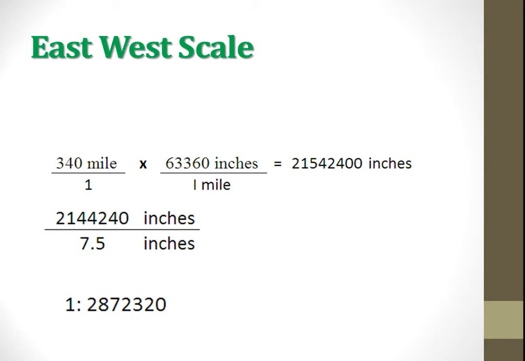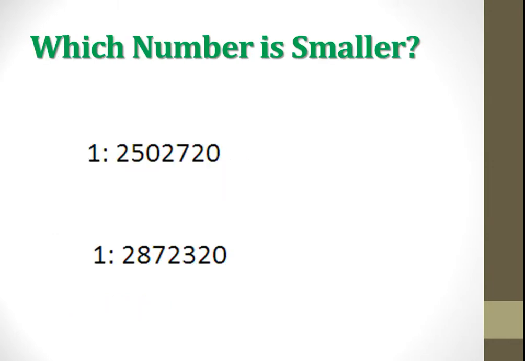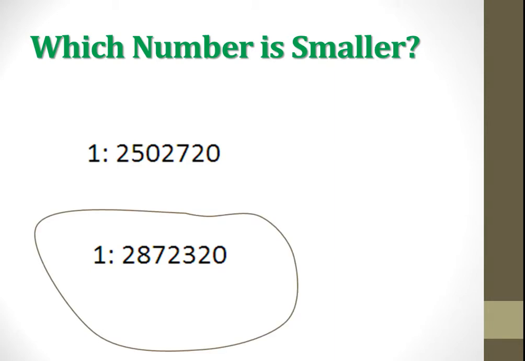I figure out what my ratio is between the total inches in real life and the inches available in paper, and this is my ratio here. So now, which number is actually the smaller number? Because I need to use the smallest number on my paper. Right. This is more reduction. So I need to reduce my map as much as possible in order to get both map